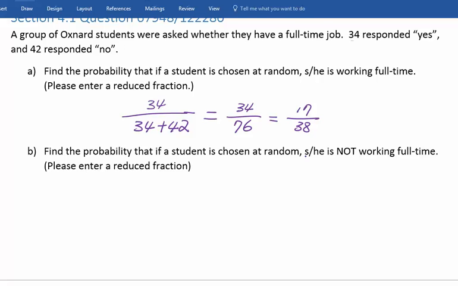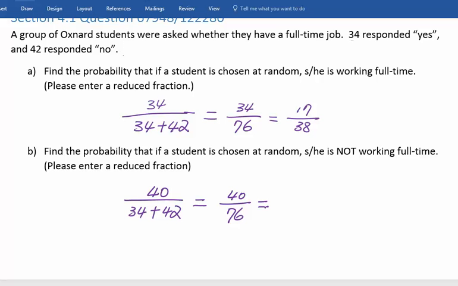Part B. I would like to find the probability that if a student is chosen at random, she or he is not working full-time. That would be the student responded with a no. So that probability is, I have 40 choices out of a total of this many students who responded to the survey. So that will be 40 over 76. And my final answer will be,